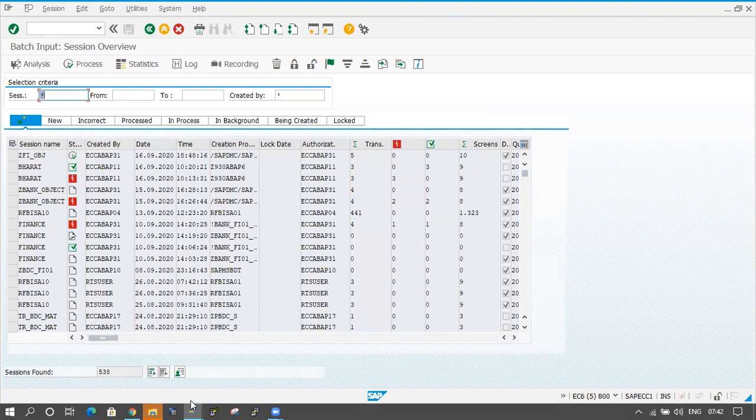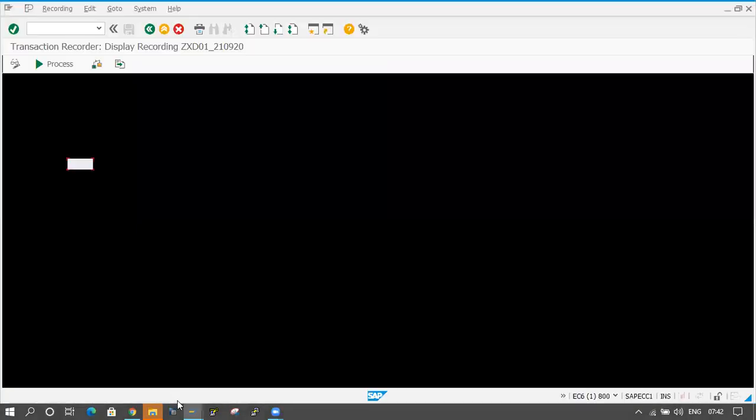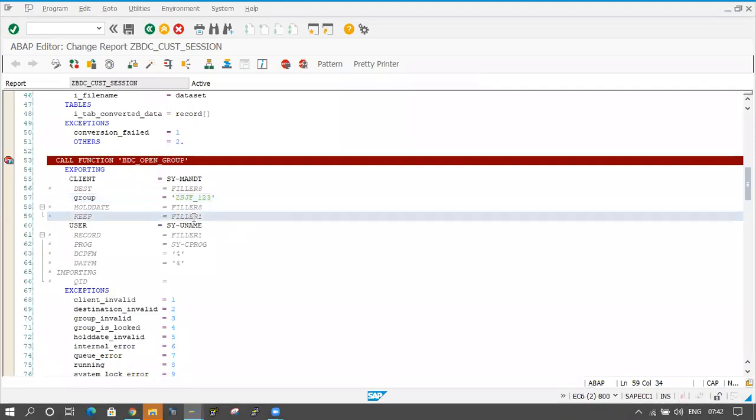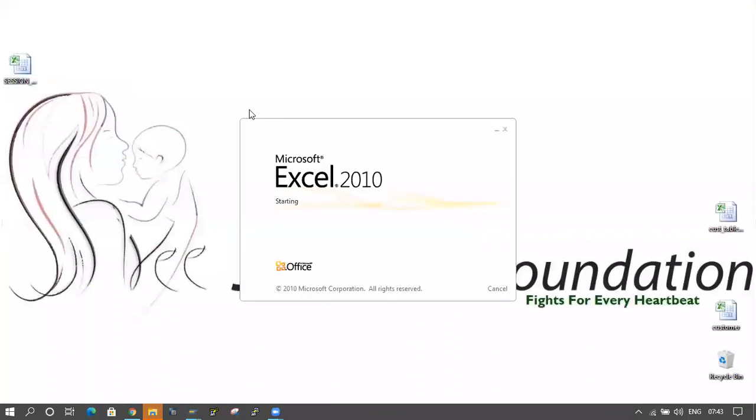At that time, in the function module there is a KEEP parameter. The keep we have to pass as X. I'm passing X here. Keep means that once you execute the session in the SM35 transaction, after executing also the name should remain here. Just activate the program. So this is the function module, right? Double click on the function module and I will change the names here.